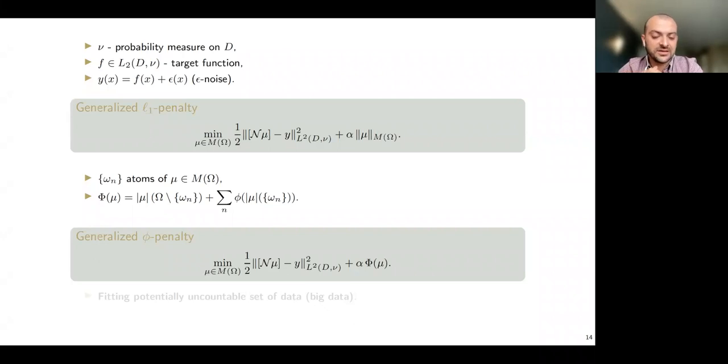So the setting of the finite neural network with a finite data. But here we are potentially allowing an uncountable set of data, right? So we can think of this as like a big data problem. You have large amounts of data and you're training your network. But again, the case when it is finite really still falls as a particular case of this setting.